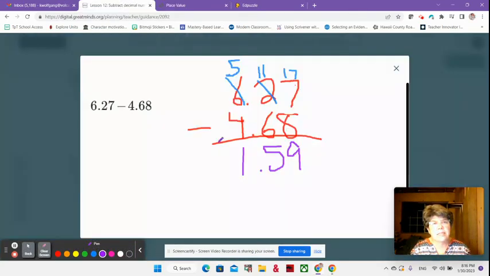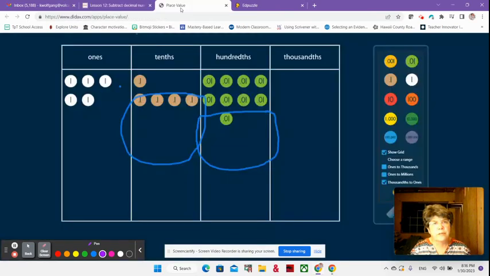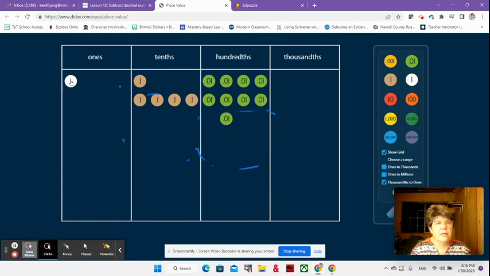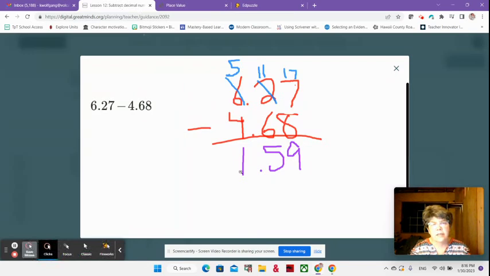And I'm subtracting 4. So let's get rid of 4 over here. 1, 2, 3, 4. And here's the number that I have left. Let's just erase these circles so they don't confuse us. All right. What do we have left? We have 1, 5 tenths, and 9 hundredths, right? 1, 5 tenths, and 9 hundredths. Okay, so that's using place value